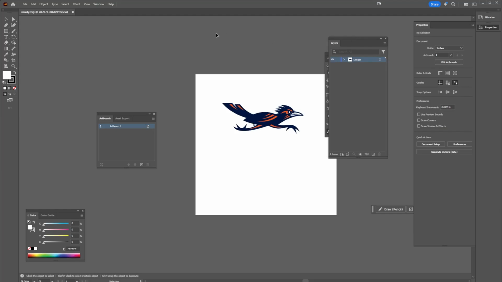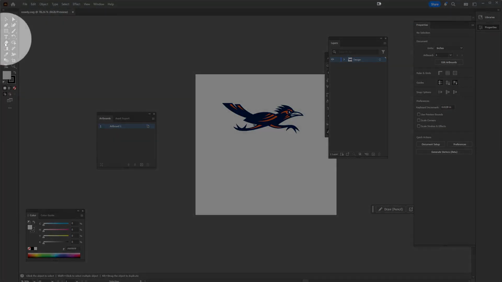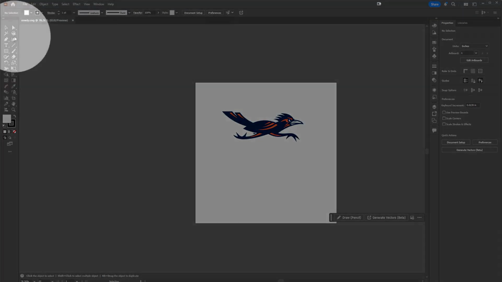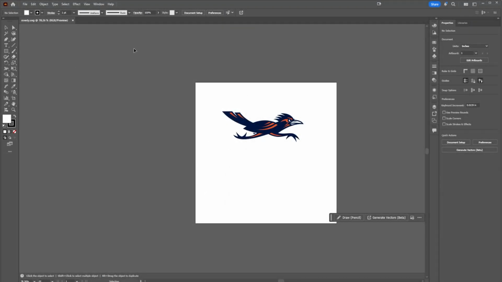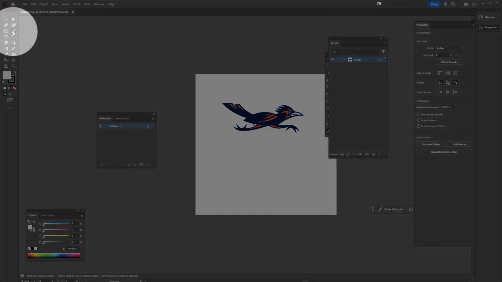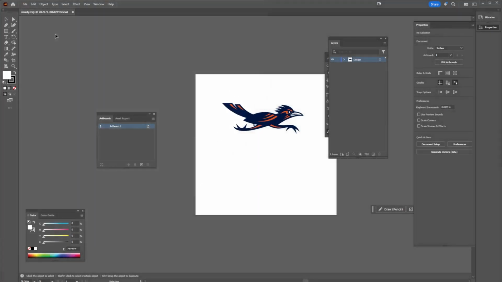The other thing to remember with some tools is the layout of our toolbar over here. Currently, I'm in Essentials Classic, and take a look at our toolbar. Take a look at what it looks like. If I go back and select Essentials, we'll see that that toolbar actually changes. So do realize if you're ever watching a demo by myself or someone else online, that they may have a different workspace than what you're used to seeing. Those tools aren't gone, they're not missing, they might just be set up in a way different than what you expect.